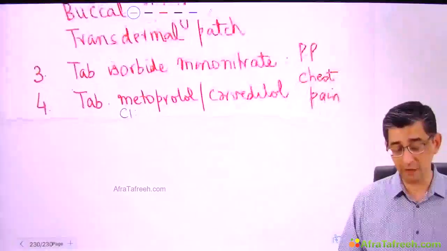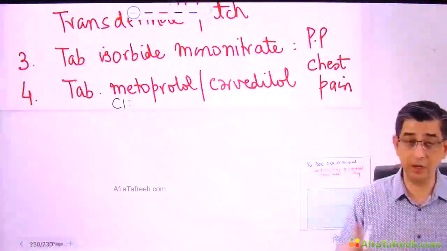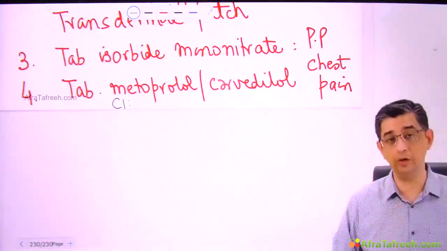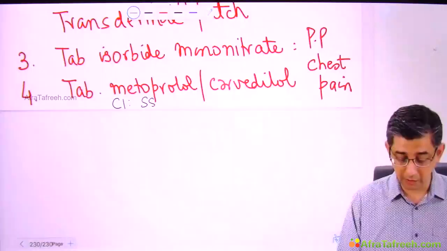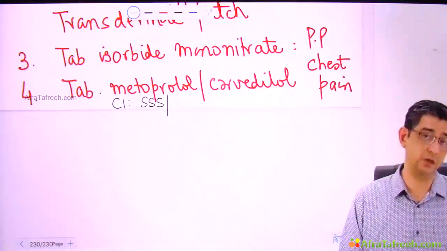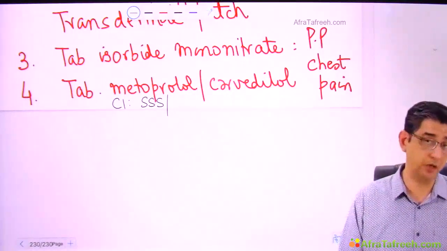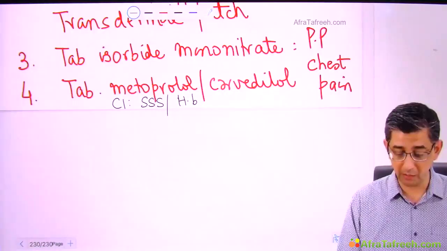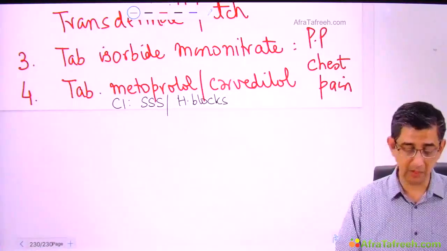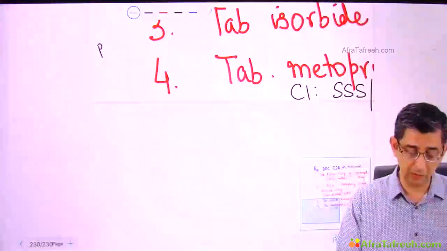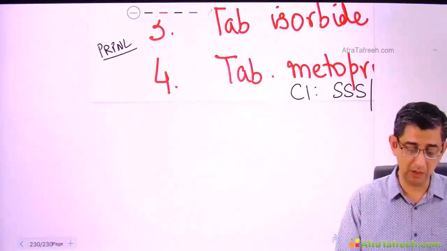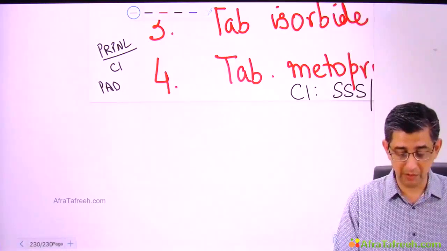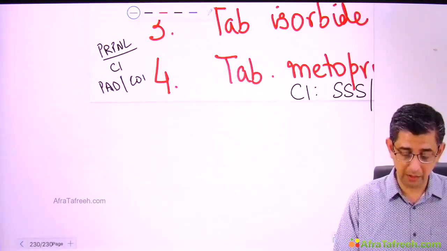Now, contraindication to metoprolol and carvedilol is not asthma or COPD. That is a contraindication for the non-selective beta blocker propranolol. The contraindications for cardioselective beta blockers are sick sinus syndrome, because that will cause bradycardia. Metoprolol can cause bradycardia, or it could be a person having various varieties of heart blocks. I want to repeat once again that in pharmacology they talk about propranolol, a non-selective beta blocker, being contraindicated in a person with peripheral arterial disease or COPD or asthma patients.